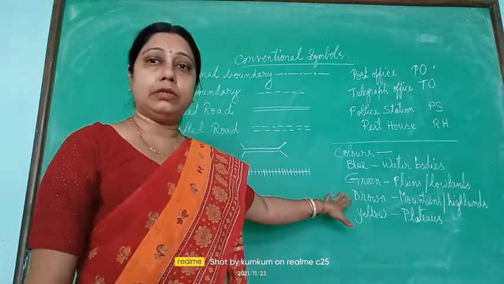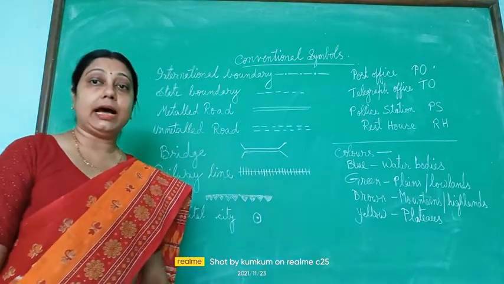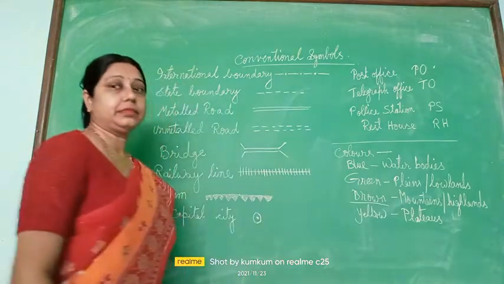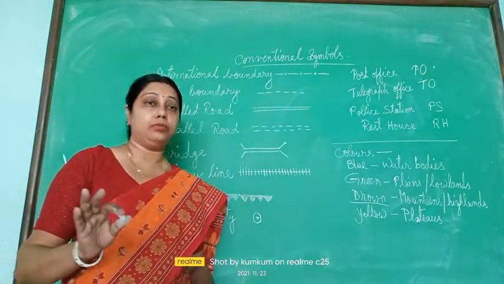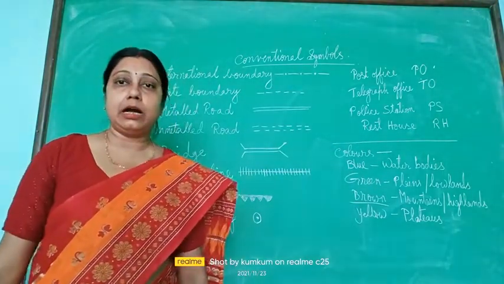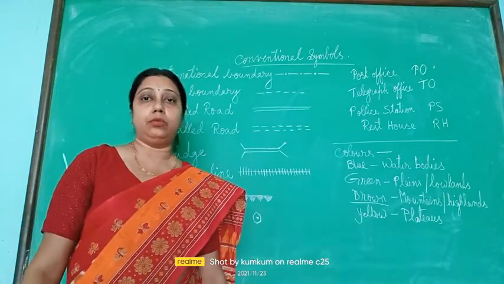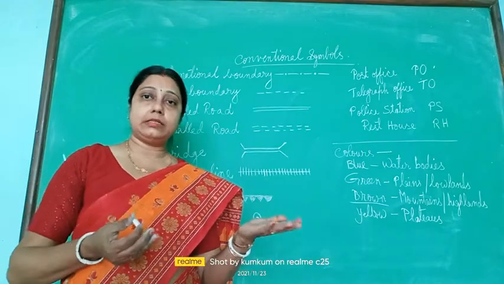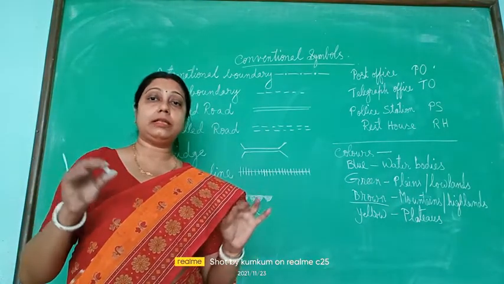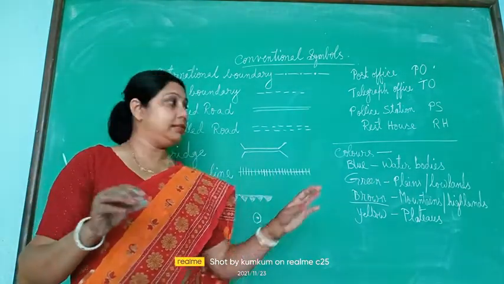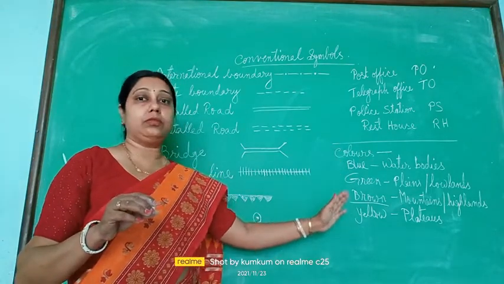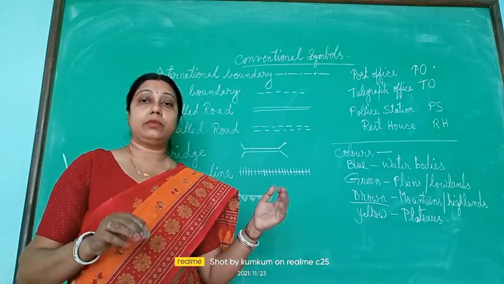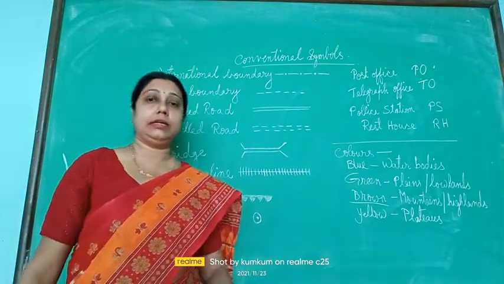Next comes the brown color. The mountains or the highlands are marked with brown color. They are colored with brown. And plateaus are mainly colored with yellow. So by seeing a physical map, with the color sense, we can understand these locations, we can find out the water bodies, plateaus, plains, lowlands, whatever we want, with the colors.